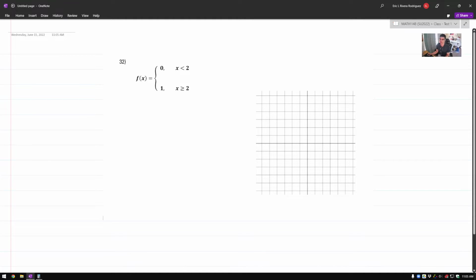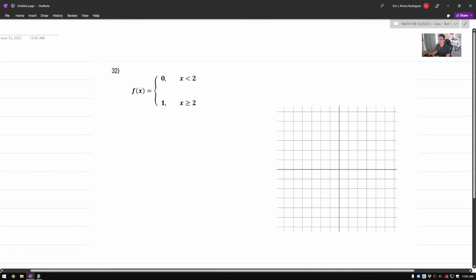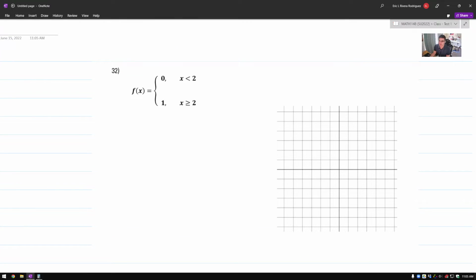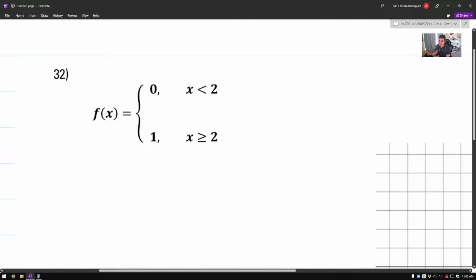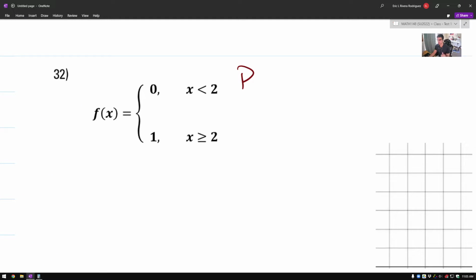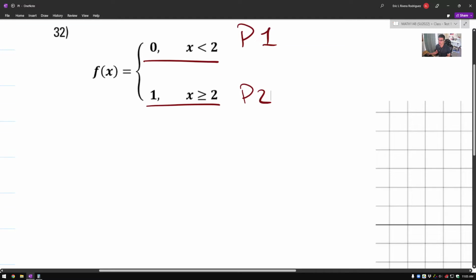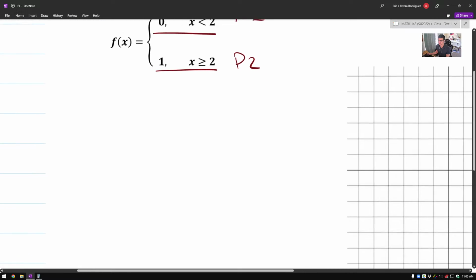Okay, this is from the review, exercise number 32. Okay, remember that for a piecewise defined function, we have pieces. Piece number 1 is this one here, and piece number 2 is this one here. What you want to do,